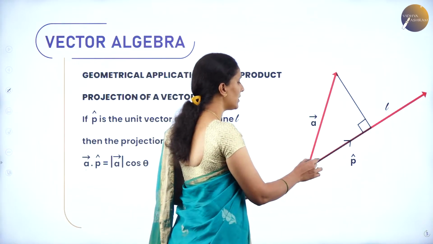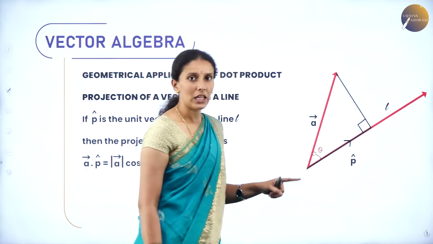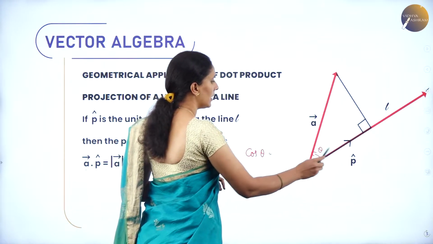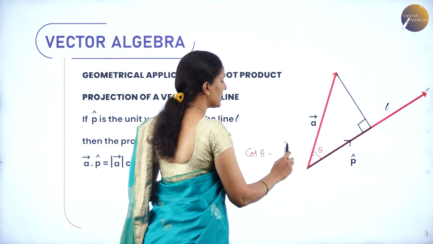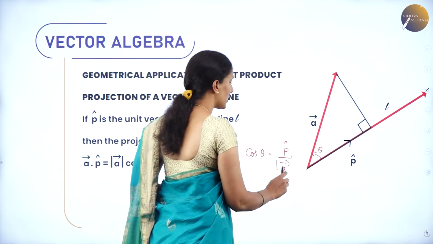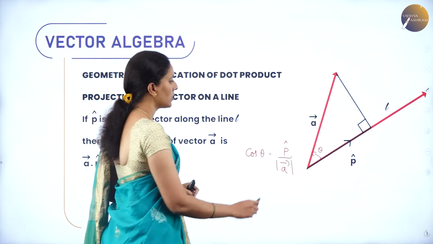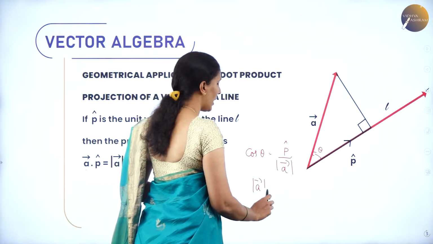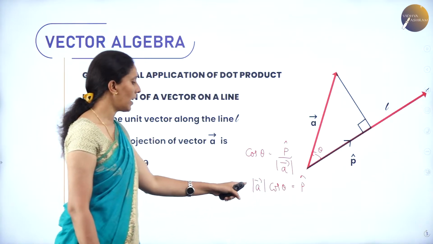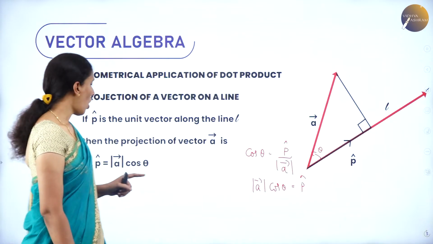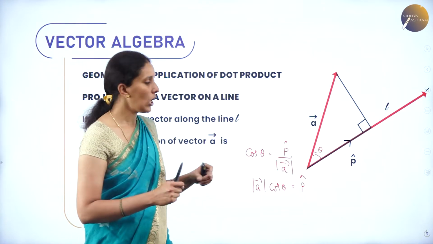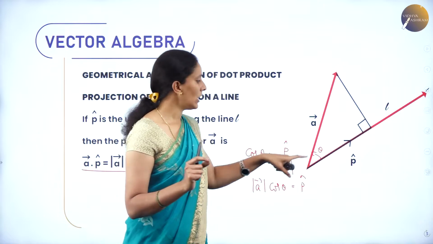Now here, if theta is the angle between the line and the vector A, then if you apply cos of the angle, that is cos theta, that is equal to adjacent side by hypotenuse, that is vector A. So here vector A means we need to take the length, that is why we need to take the magnitude of vector A. So therefore here we will get magnitude of A cos theta as the unit vector P here, and thus we can say vector A dot P cap is equal to magnitude of A cos theta,